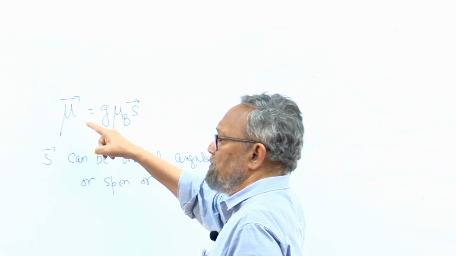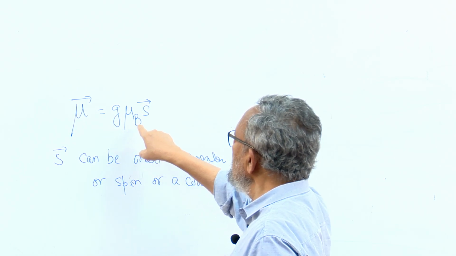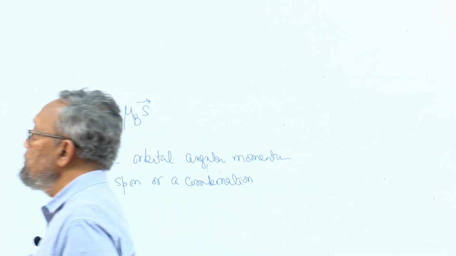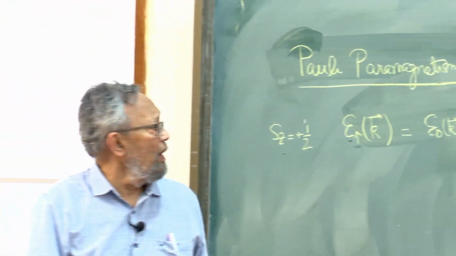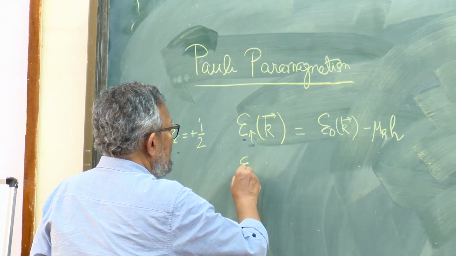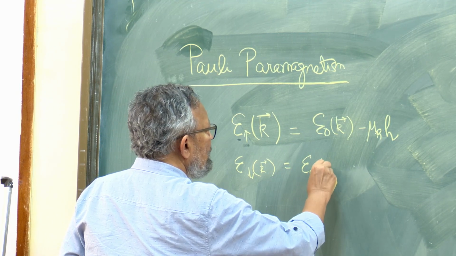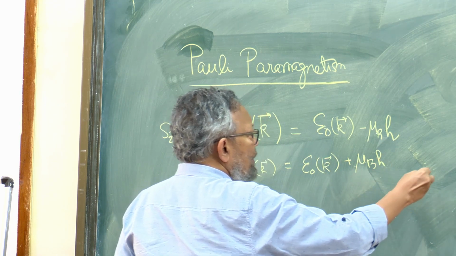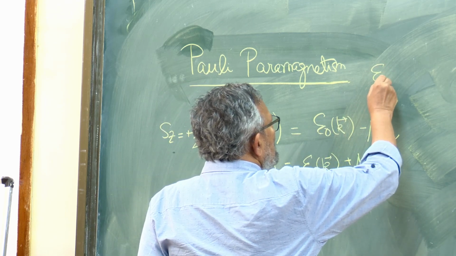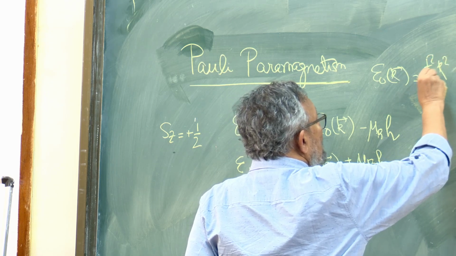Again you have the minus mu dot h term. So there will be minus g times mu B, with g equal to 2 here and Sz equal to half. So the energy will be reduced by mu B times h. And in the other case, you have the down state, which will be E0 of k plus mu B h. And E0 for plane waves will be h bar squared k squared